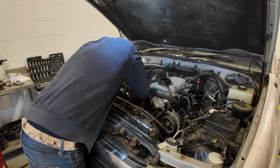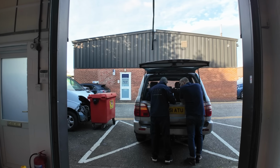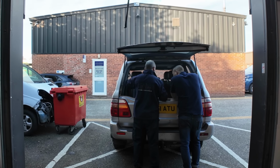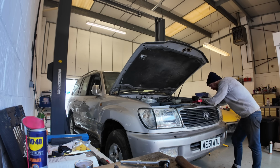I'll be fixing some major issues, spending all my money. £1,091.87. £1,091. And then putting her through one of the most rigorous government safety inspections in the world. This car is going to push me to my limit. What do I do for the...